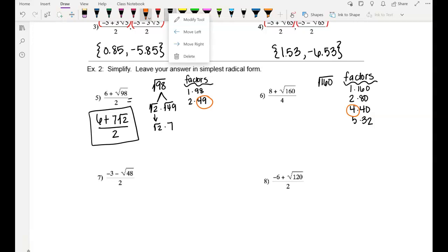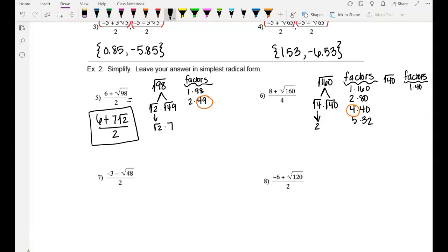So if I rewrite the square root of 160 as the square root of 4 times the square root of 40, yes, 4 is a perfect square of 2, but 40 still has a perfect square in it. Then you would have to do the square root of 40. And this is what happens if we stop just at the first perfect square we find. That is not the most simplified answer yet, because 40, if I look at the factors of 40,